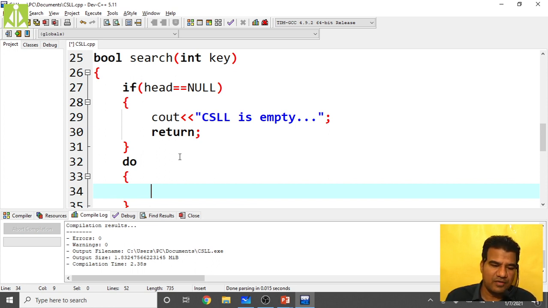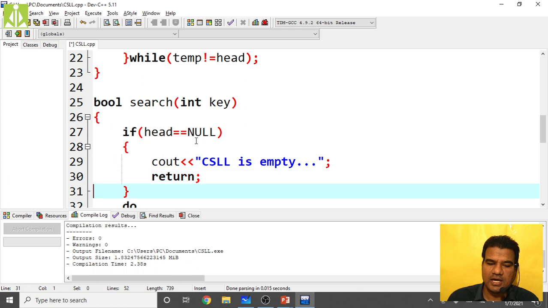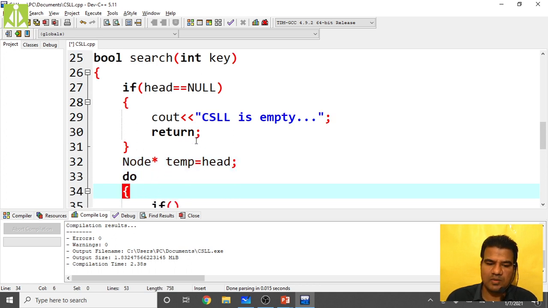So how we do? We have to take a temporary pointer here, after checking the CSLL emptiness. So take Node star temp equals to head.